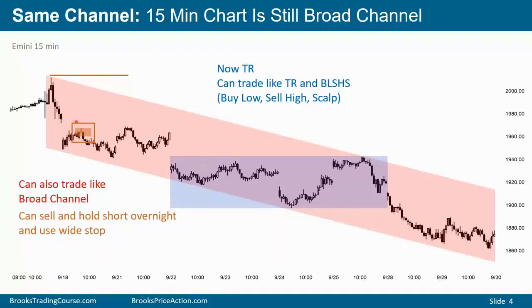Let's say you sell here. This is the top of a very strong sell-off. Therefore, this is a major lower high, and traders will place their stop just above that high. If you're willing to take a chance that a trend will last several days, this is where you put your stop. If you're trading a 5-minute chart, you're probably not going to sell here and put a stop up here. But if you're trading a 15-minute chart or a 60-minute chart, and this looks like a reasonable sell, you might be willing to hold positions overnight, in which case you will use a stop above the top of the most recent major lower high.